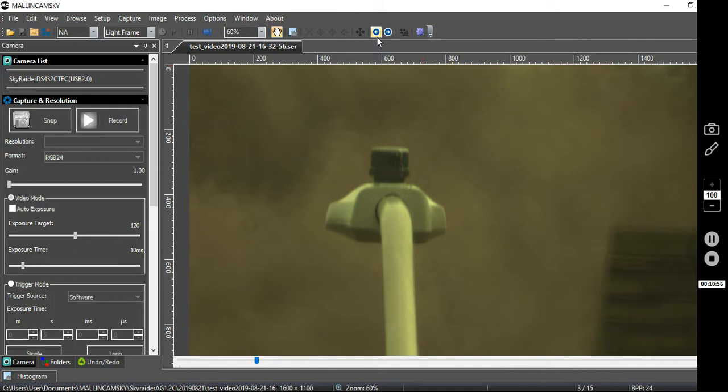MallincamSky. Maybe I saw something that's worth investigation. I can look at frame by frame, and that's built in to MallincamSky, but it only works with the .ser format. If you use the AVI, you have to use some external program to do that. Alrighty, so hopefully that was useful, but before I leave, I just wanted to kick back, and